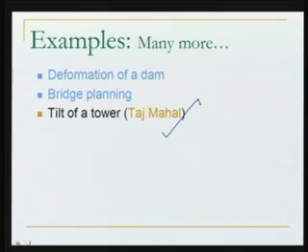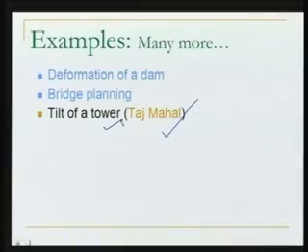There is a lot of hue and cry now that the minarets of the Taj Mahal are tilting. How do we say they are tilting? We need to measure it. Now, how do we measure it? Definitely we should have a surveying method by which we can measure the tilt of a tower. So this is where again we can make use of surveying, because we want to measure things. We have the techniques and tools by which we can measure geoinformation, and a tower is also geoinformation, and if at all it has tilted and has a rate of tilt, we need to determine that.